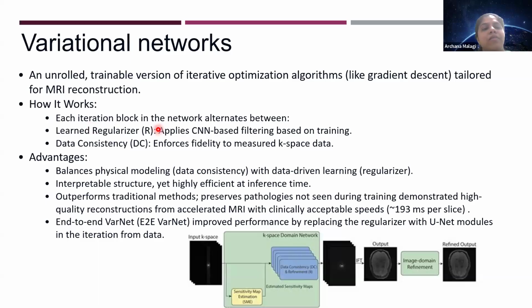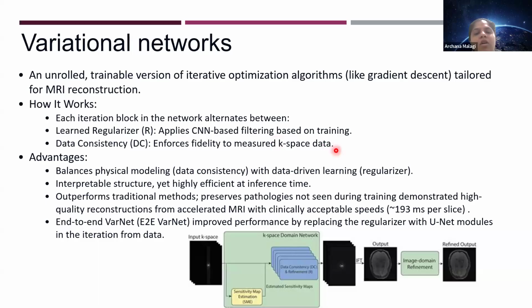How it works is, each iteration block has the same regularizer and data consistency, and this regularizer uses CNN-based filtering based on the training which you had done, and also data consistency, it measures the k-space